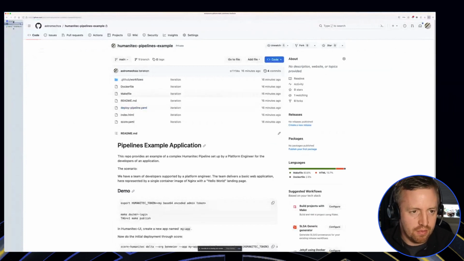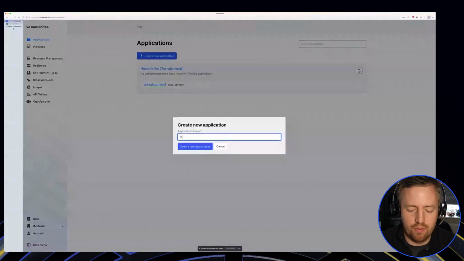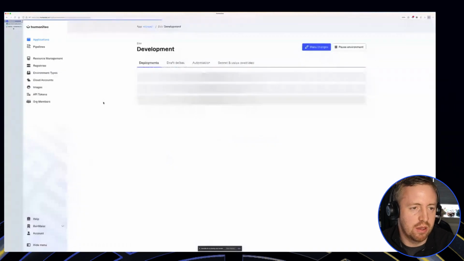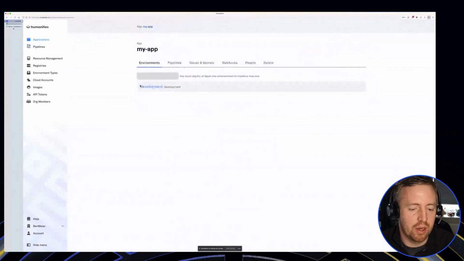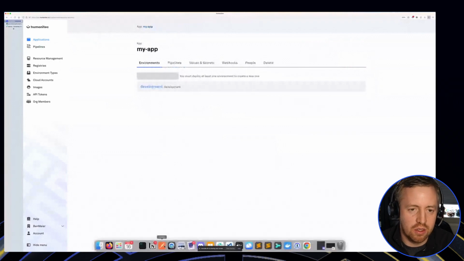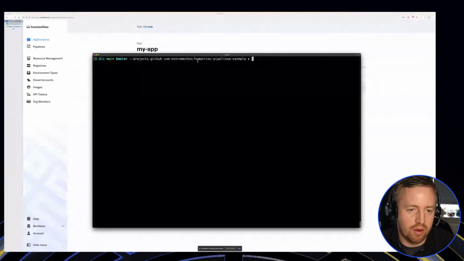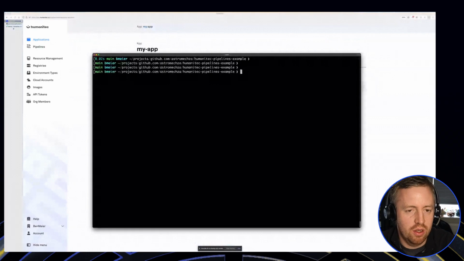So as a platform engineer in Humanitec, I'm setting up an application for my team. I'm creating a new application, my app, and we're going to allow our developers to deploy into the basic development application here. Switching over into a terminal where I have this basic Docker image,